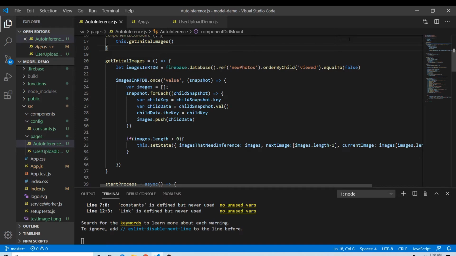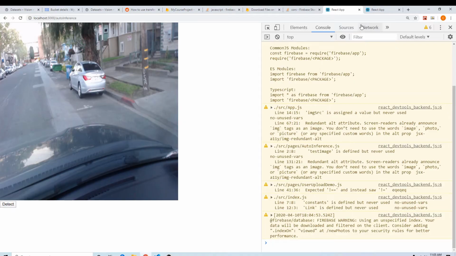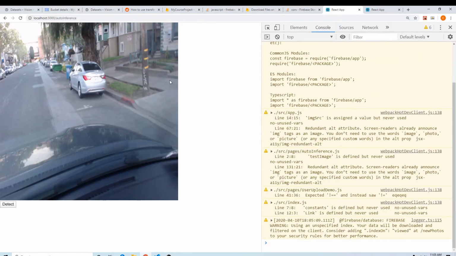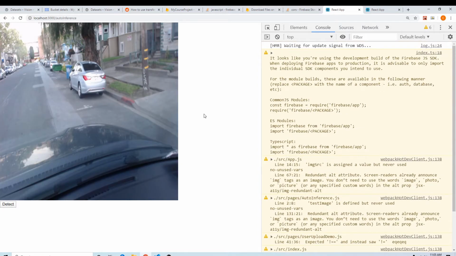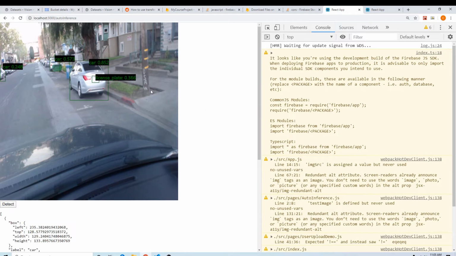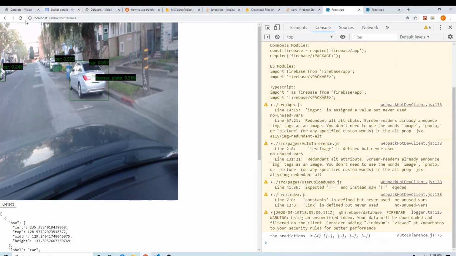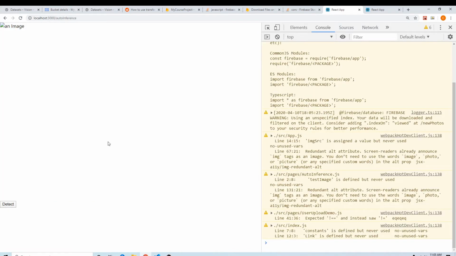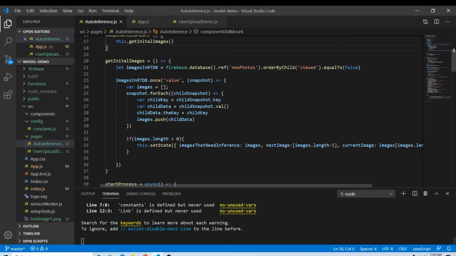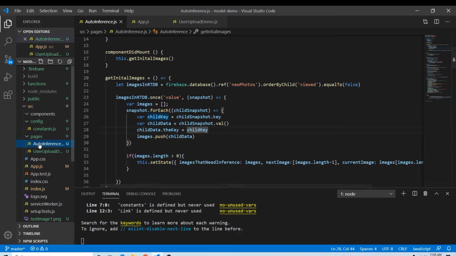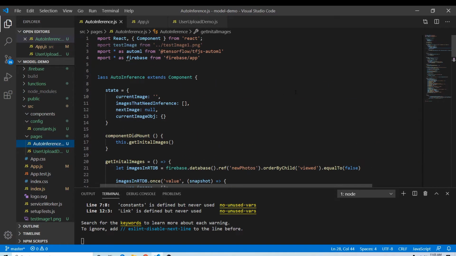All right. So we are now saving everything to the database, and it's coming in rapid fire when we go ahead and upload images. The next thing to do will be, once we have an image, what we want to do is make this page auto inference run the second that we get one, then automatically return the prediction, essentially leaving us with an open queue. So to do that, let's go to our page here, and in the auto inference section,